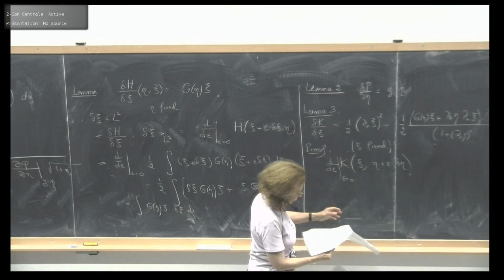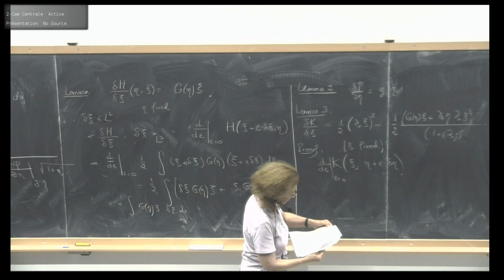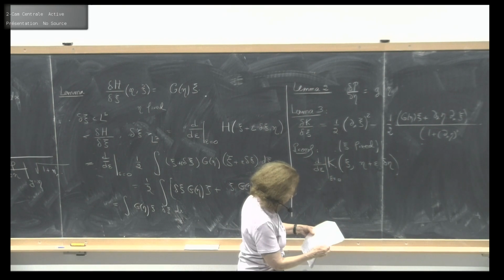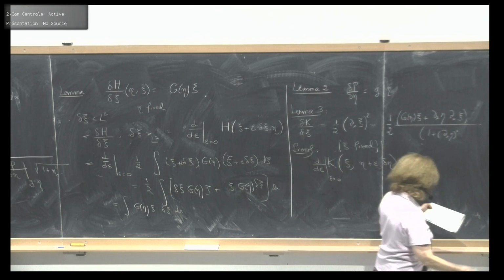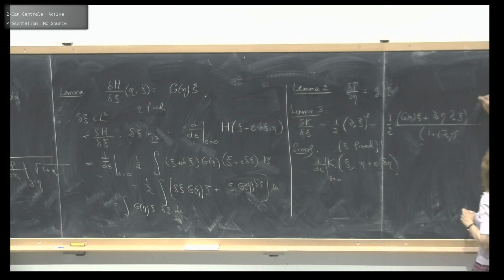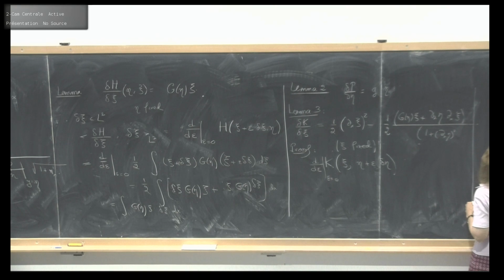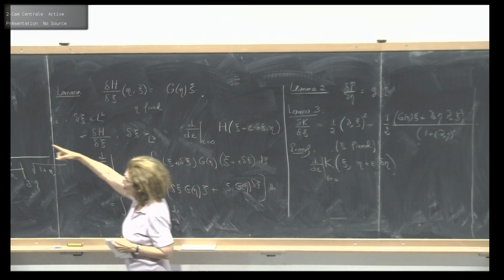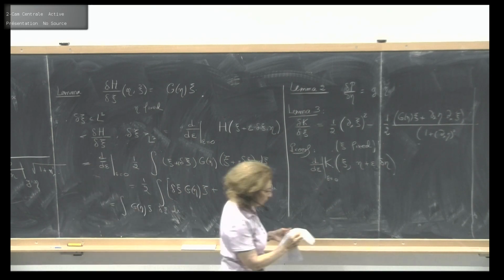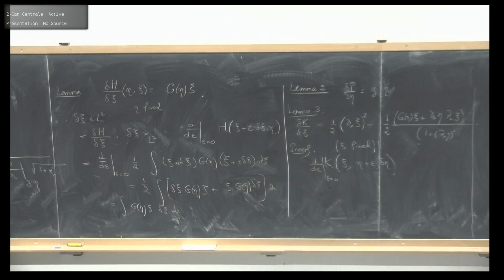We return to the definition of k. So what is k? K of eta, xi is what is written here, but I will return, in fact, to the definition with the potential. The potential tells us